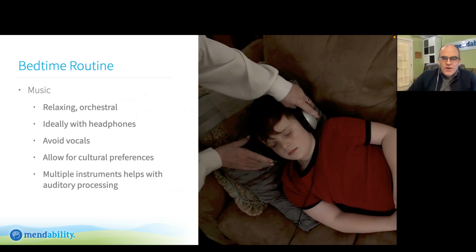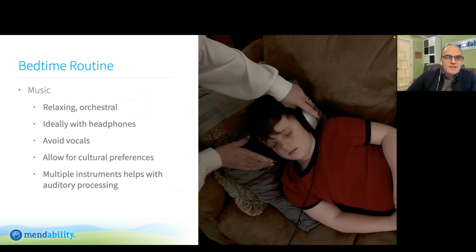So headphones, no headphones. What we're trying to do with the headphones is isolate the signal. Remember, like the water game, like with the smell, we want to be as specific and focused as possible. And so if you cannot do headphones, find another way of making sure that the music is the only source of sound in the environment. So maybe go into a quiet room or go in a car for that matter. Cars are great stereos these days. So maybe the car is a great place to go to just sit down and listen to some music.